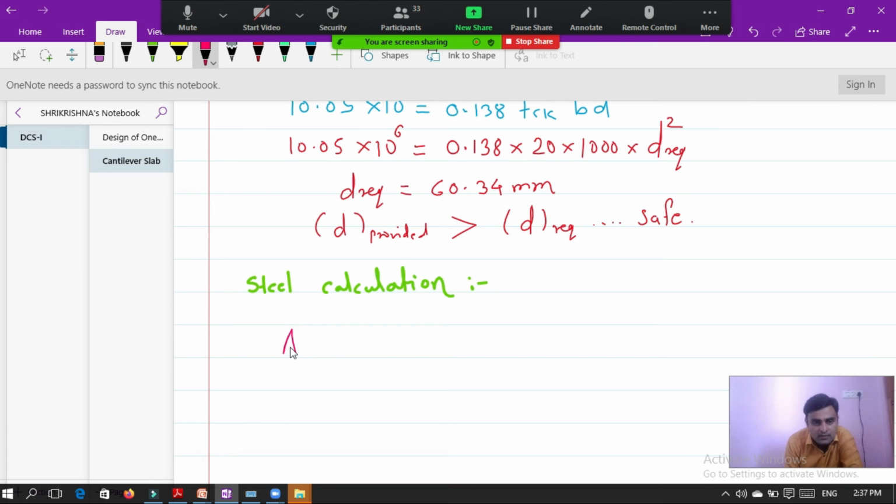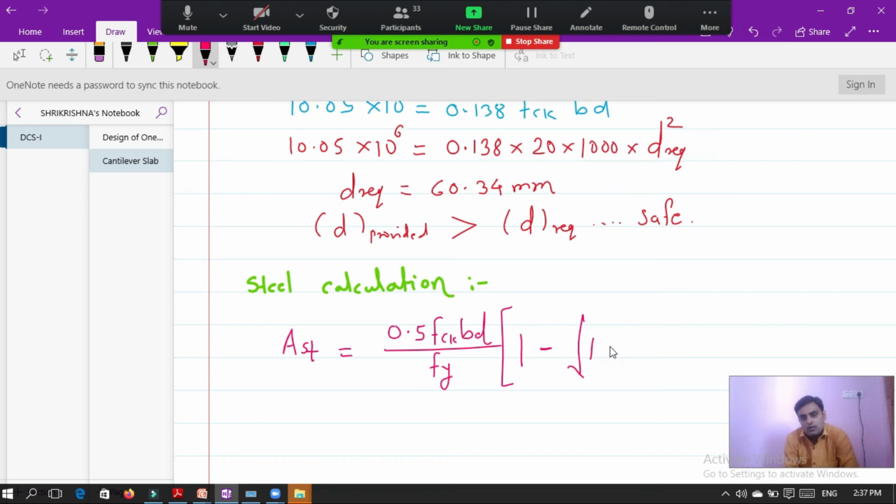It is Ast is equal to 0.5 fck bd divided by fy, in bracket 1 minus under root 1 minus 4.6 Mu divided by fck bd square. This is the formula for Ast, the formula to calculate the area of steel.